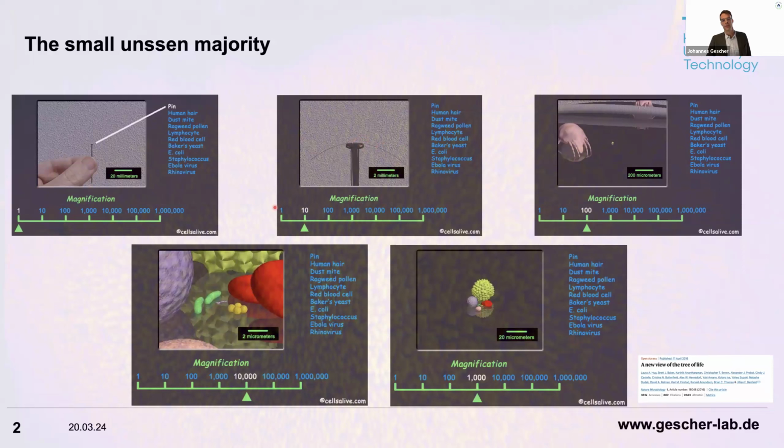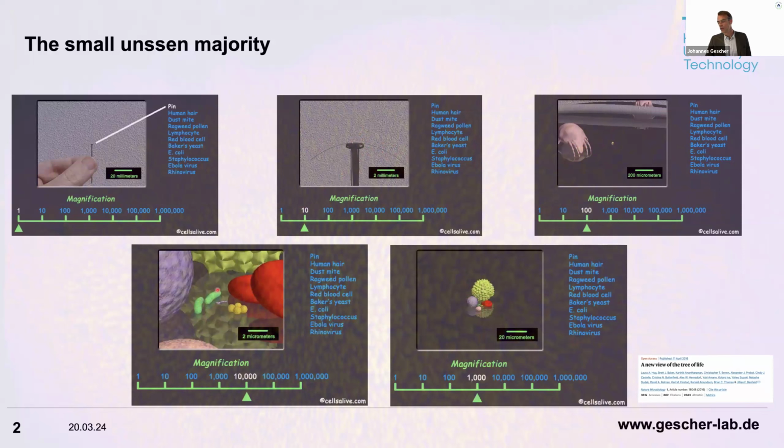With 10-fold magnification, you see a hair lying on the tip of the nail. At 100-fold, we see dust mites. At 1,000-fold, we would see pollen, red blood cells and white blood cells. And only if we go up to 10,000-fold magnification, with this scale bar being 2 micrometers,